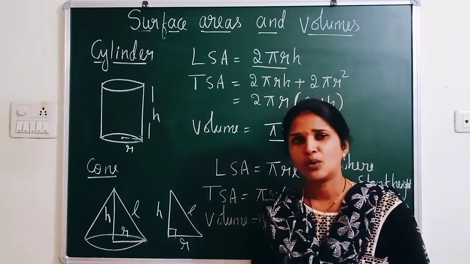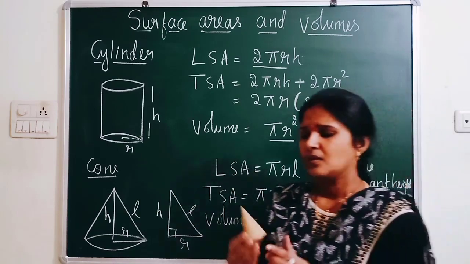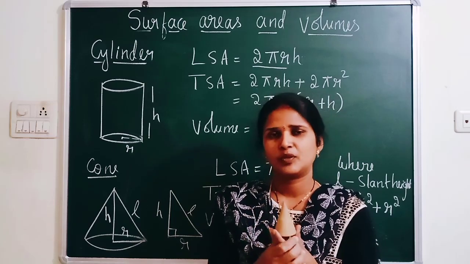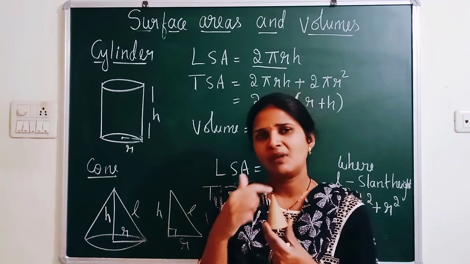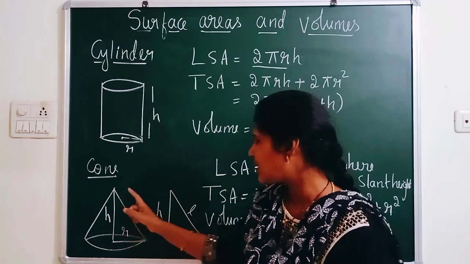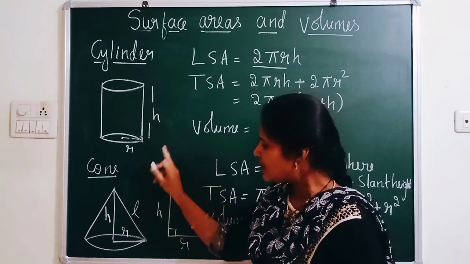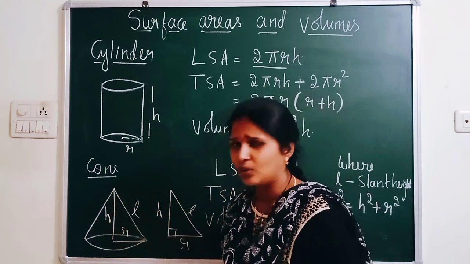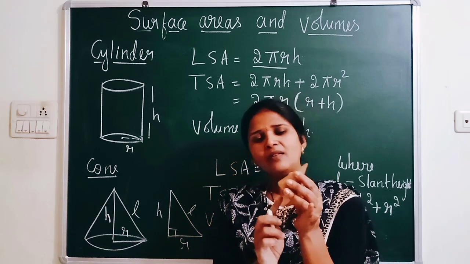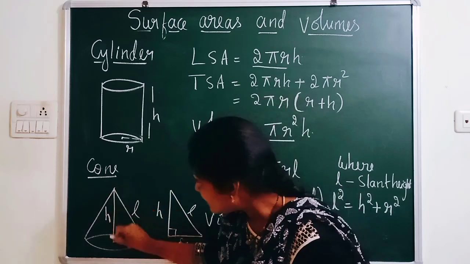Now let us move on to the cone. As you know, from the 3D figure cylinder you can make a cone. So one part you can remove and you can make it a cone. So what are the terms you have in this cone? If you look at this diagram, as you know, this is the height of the cylinder, and what is the height of the cone? From the top of the cone, that is the vertex, to the center of the base of the circle, this becomes the height.